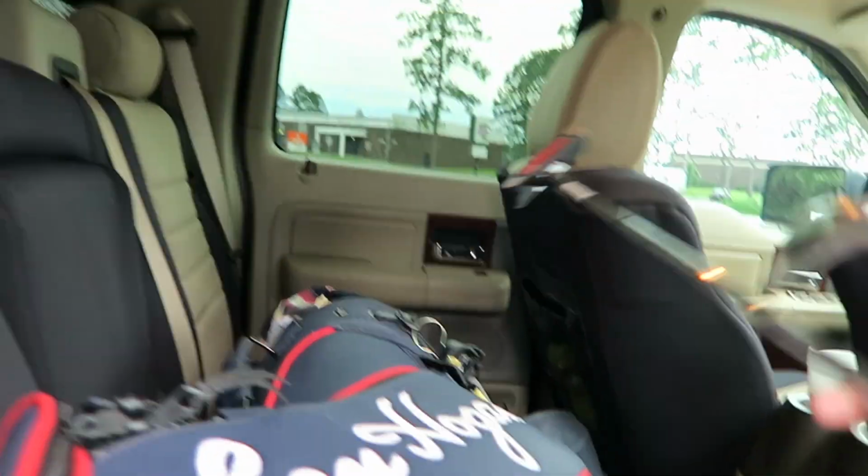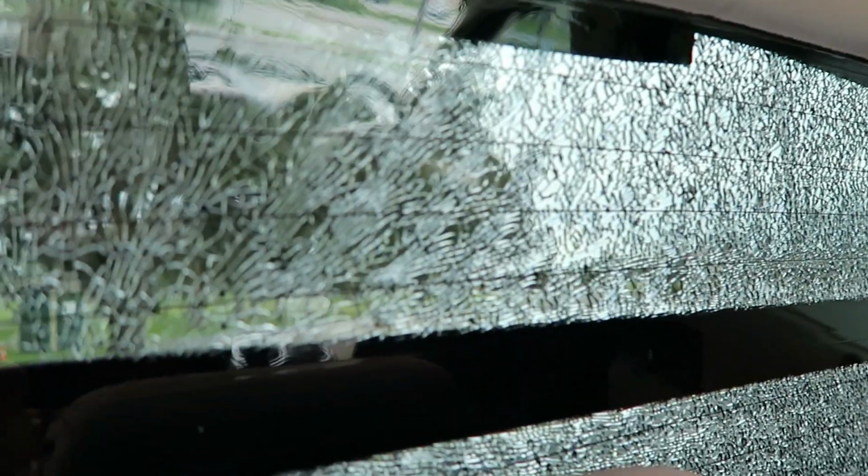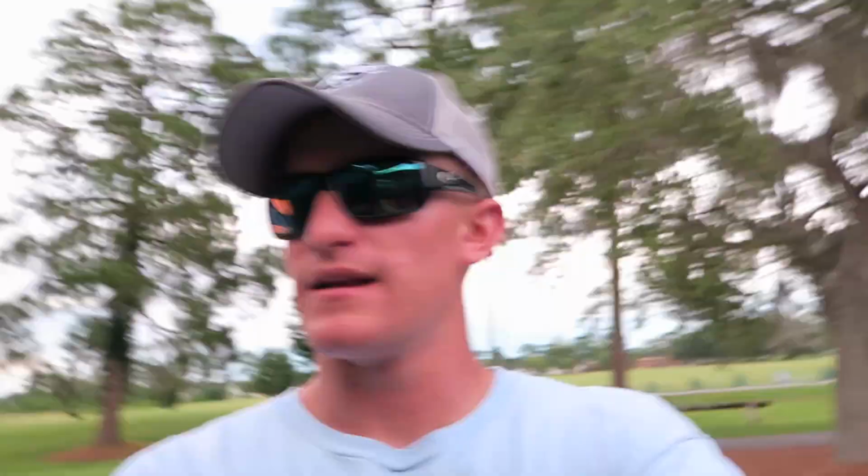There we go. This pisses me off more and more the longer I look at it. It sucks. Straight spider web all the way down. But we're getting out of here, so